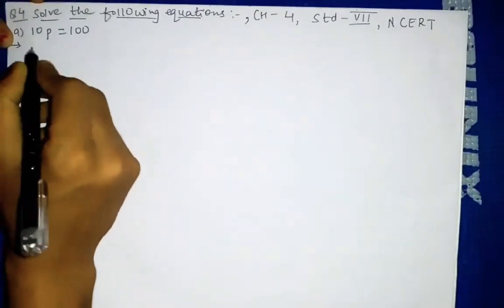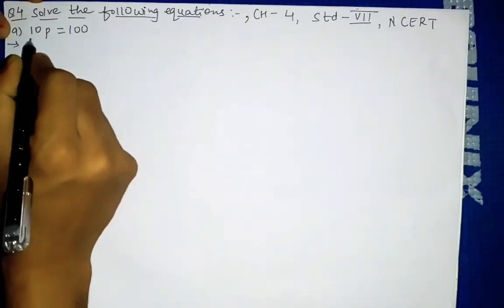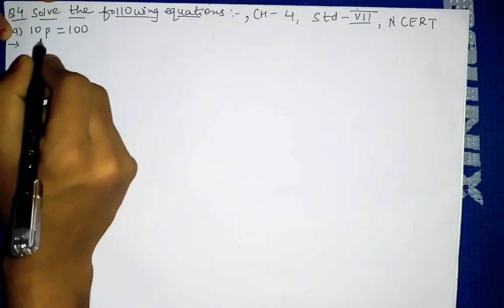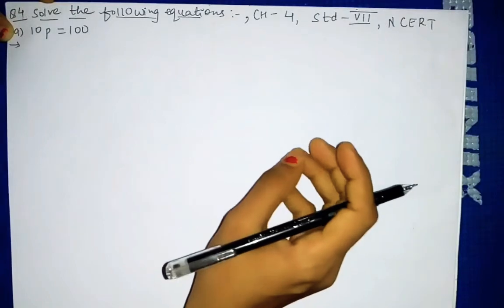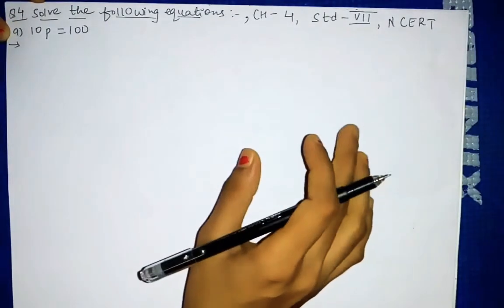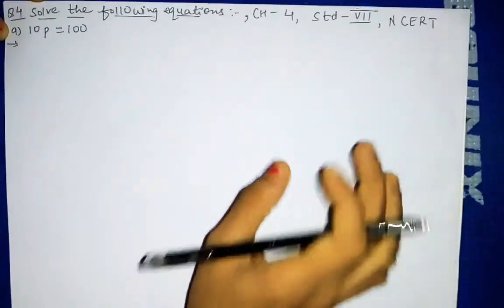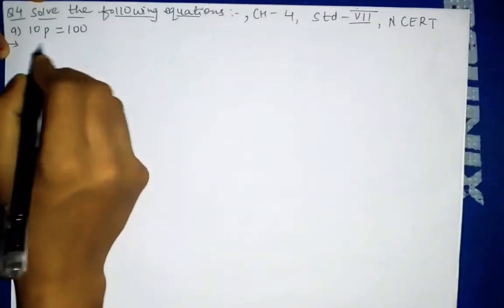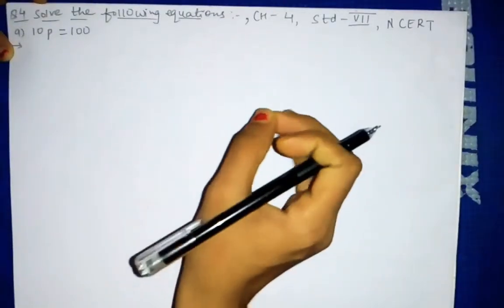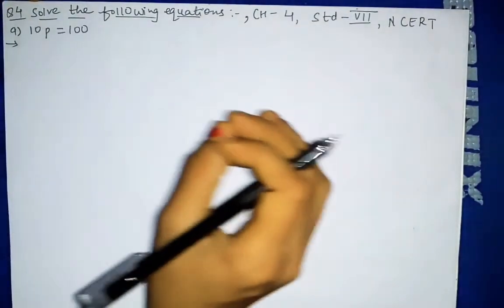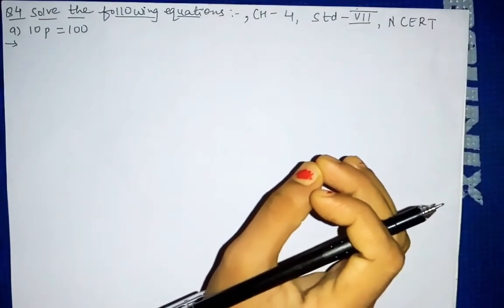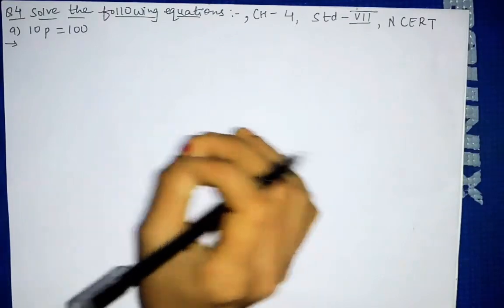So how will we remove this 10? This 10 is in multiplication, so we have to divide by 10 on both sides. But we will not write steps. Without writing steps, we will do it. So we will divide by 10 on both sides, or you can simply take 10 to the RHS part. We have seen the transposing method in the introduction video. So without writing steps, we will take the terms here and there with change of sign.